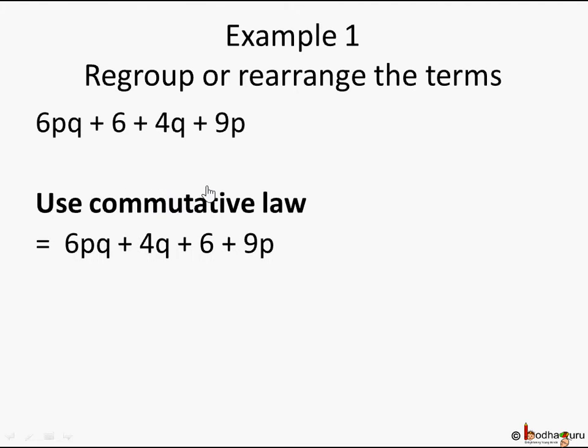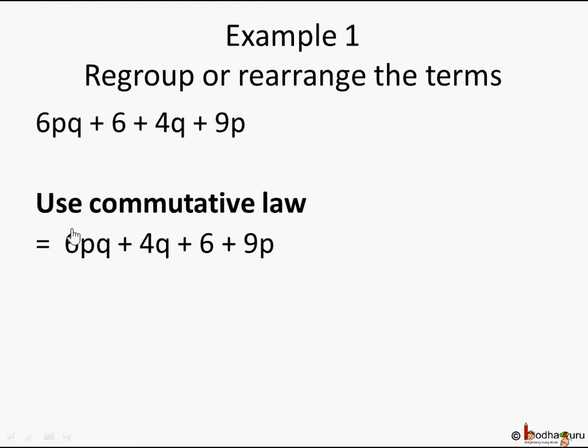And we know using the commutative law, a plus b is the same as b plus a, or a plus b plus c is the same as c plus b plus a. So we can rearrange or regroup them, right? So let's take 4q this side and 6 this side. Can we find something common, only now within the pairs? We don't have to look for something common across all, because there is nothing. Even though you regroup, you are not going to find anything common across all the 4.